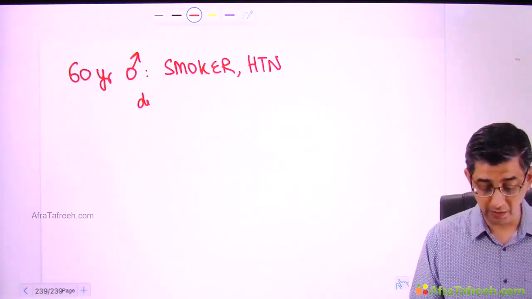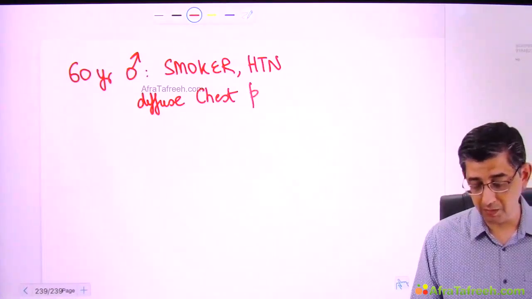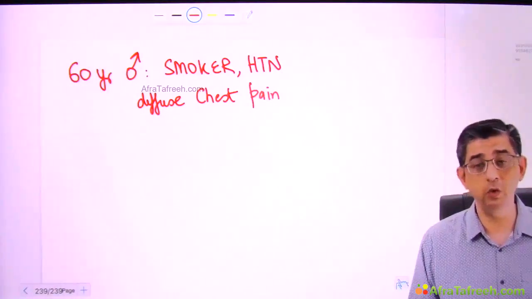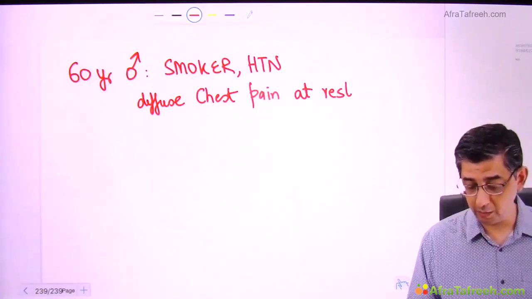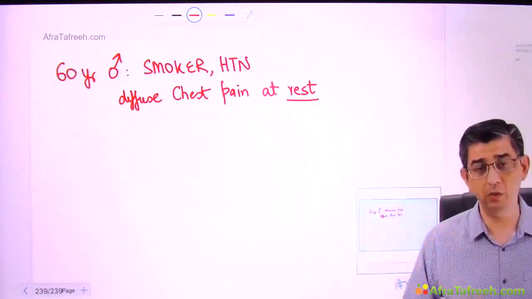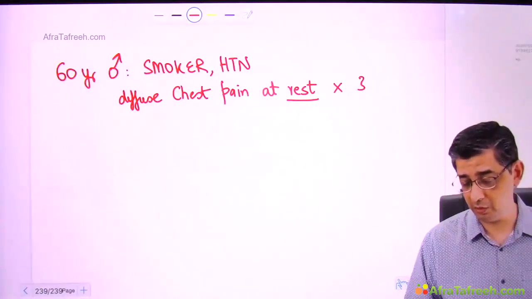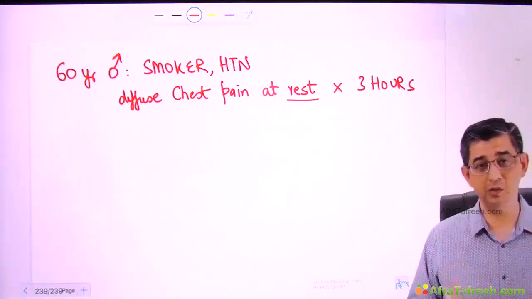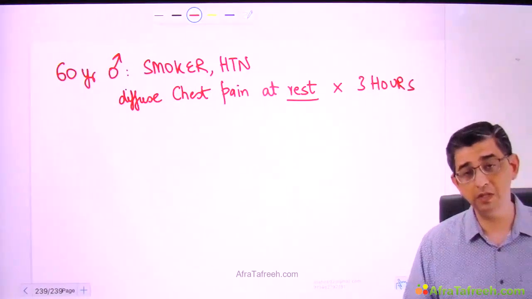And unfortunately, he has been suffering from diffuse chest pain since morning. This chest pain could be present for a couple of minutes, or depending on the pain tolerance of somebody, could be present for hours also. And when the pain became intolerable, like this old man, maybe he stays alone, so he called up his son and daughter. It took some time for them to drive to the residence of this old man, and he has been suffering for, let me say, 3 to 4 hours at the moment. Severe chest pain at rest, sweating profusely, is also feeling breathless. So dyspnea on exertion, etc., could be given in the question.